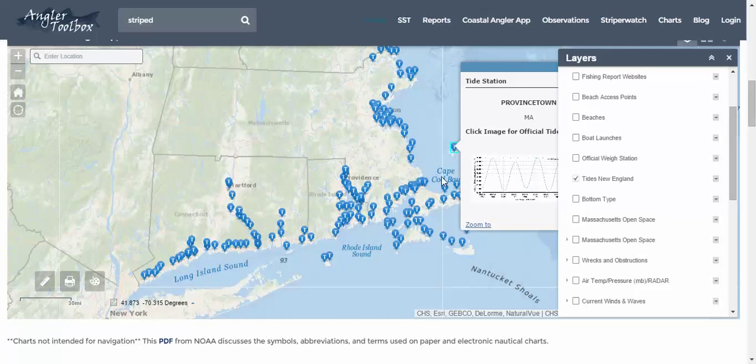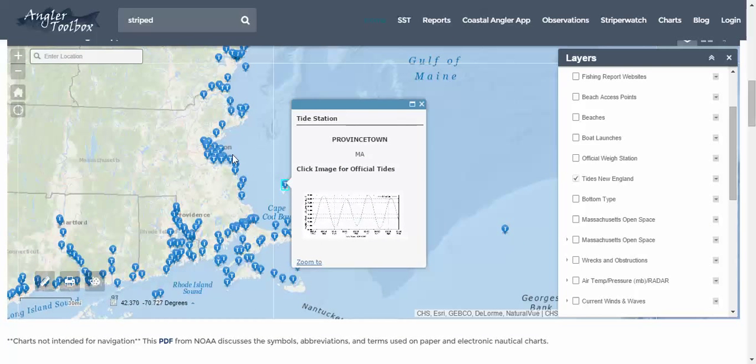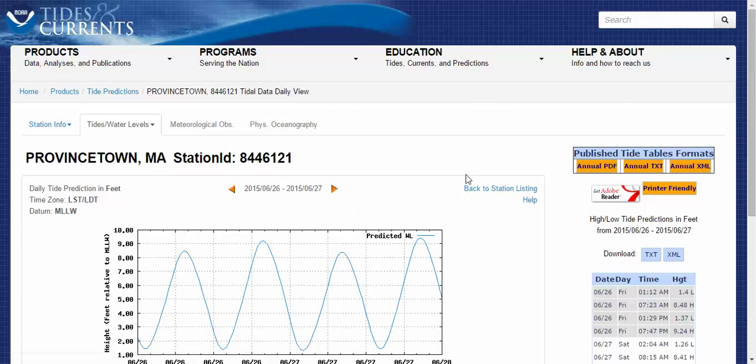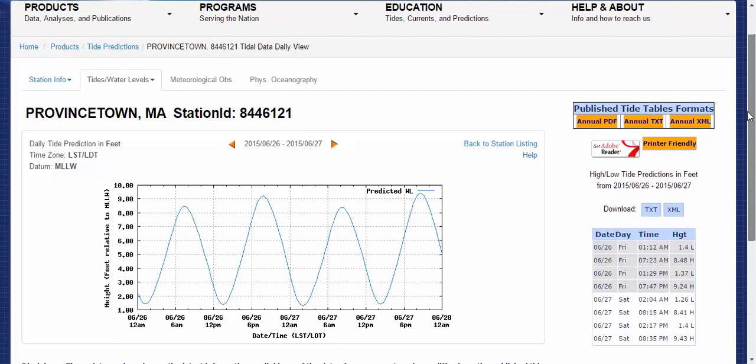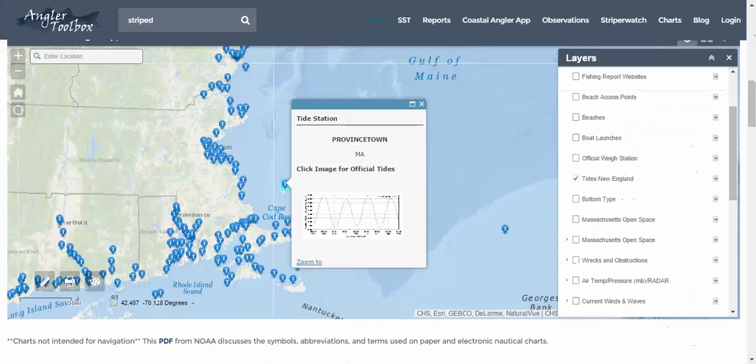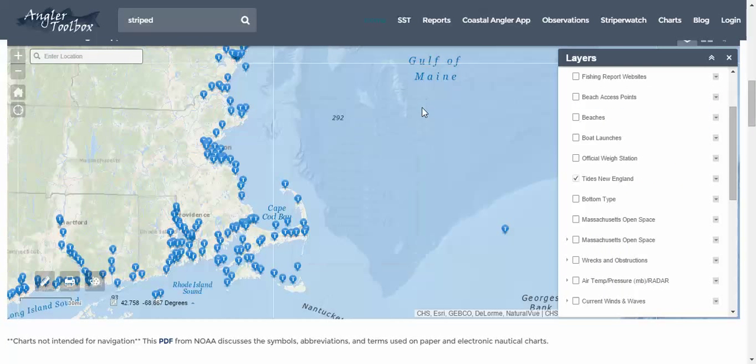To see what that looks like, you simply click on an icon. This is all interactive. Clicking on this image, you'll get the official tides from NOAA. It puts you off on the Tides and Currents page for that station, and then you can use the page like you probably normally see it: highs and lows for the day, the next day, look at the predictions and general heights. It's just a web tab, so I'm going to close that tab in the browser, close this dialog, turn off